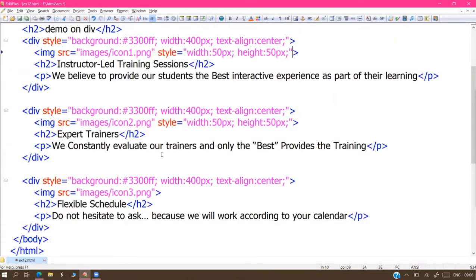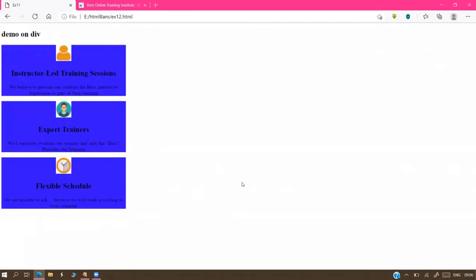For uniformity, we are using the same measurements for all divisions and all images. Same measurements for uniform size.